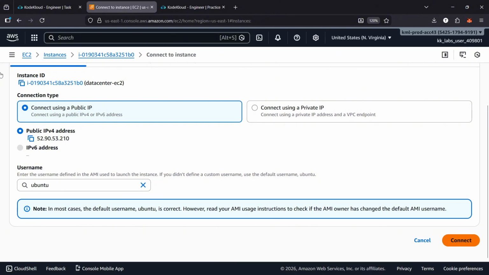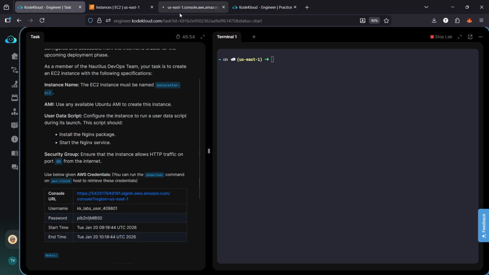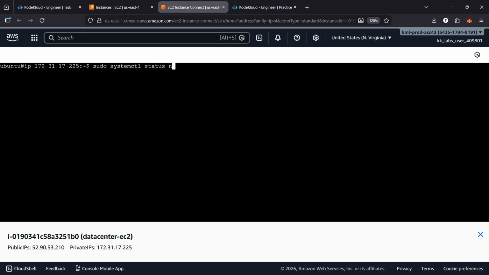Let's try to connect to the EC2 instance, and we can check to the console by using the curl command. Nginx,